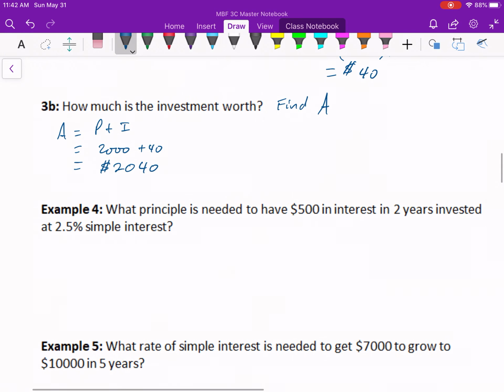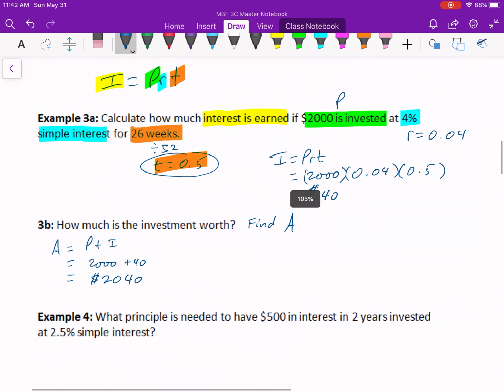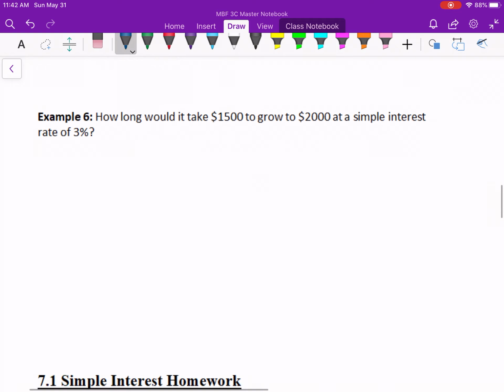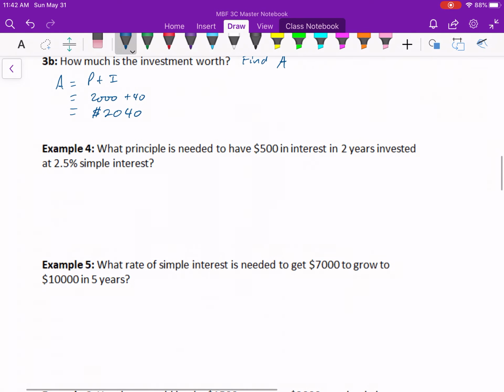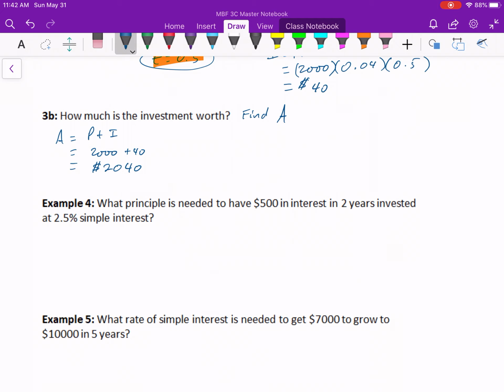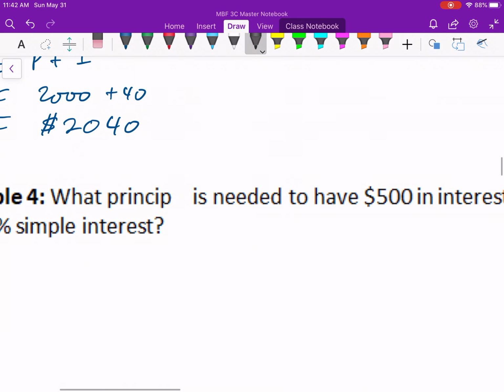What principal is needed to have $500 interest in 2 years invested at 2.5% simple interest? The first question we just did, example 3, was just straightforward using I equals PRT. Examples 4, 5, and 6 are all just rearranging the formula. So they're variations. First thing that's bugging me here is the word principal has been spelt wrong. Anyway,